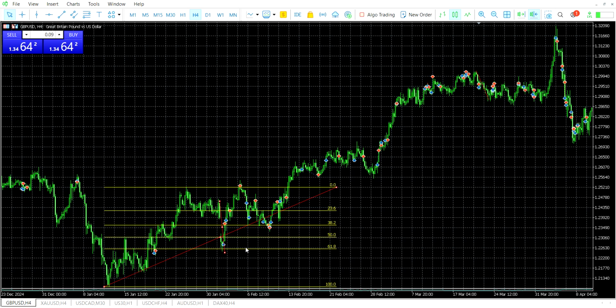So how can we use it? First, by the Fibonacci levels, we can estimate or predict potential turning points. That's the first one. When you want to draw it, you have to draw it from shadow to shadow. And the second, which is also very important: you have to use Fibonacci levels in combination with other